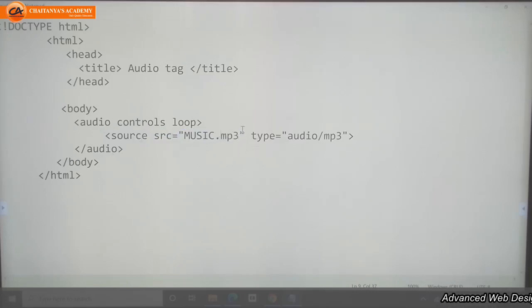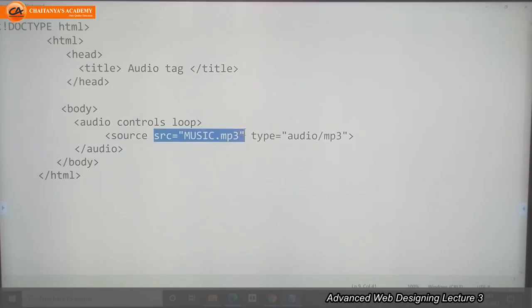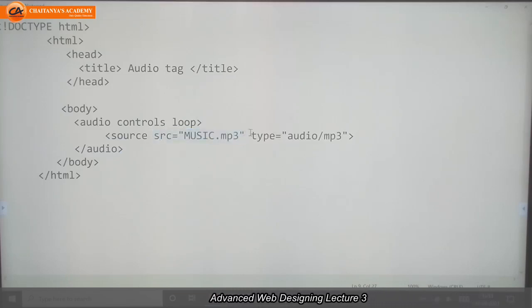The source src attribute calls the file, and the type attribute describes which type of file and which format it is. Audio slash mp3: type of file audio, and extension of the file mp3. By using source we are calling the file. By using audio we want to display an audio element on our web page.